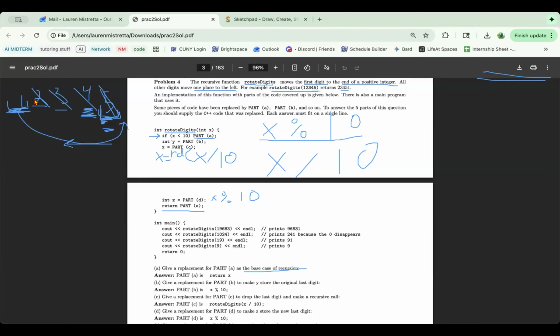So each time we're going to go chop, chop, chop, chop until we get to this one. That's what our base case is telling us. And then this guy over here ends up being our z. So now we want to go backwards and work our way backwards. And the way that we get to do this is now we're going to be putting things back together. So we're going to start out with our digit